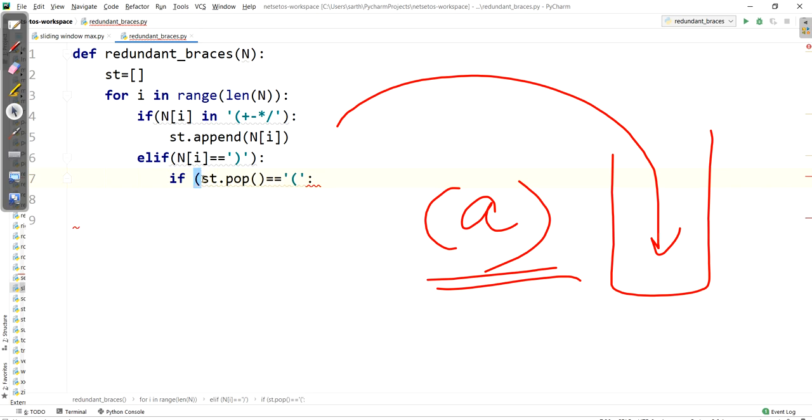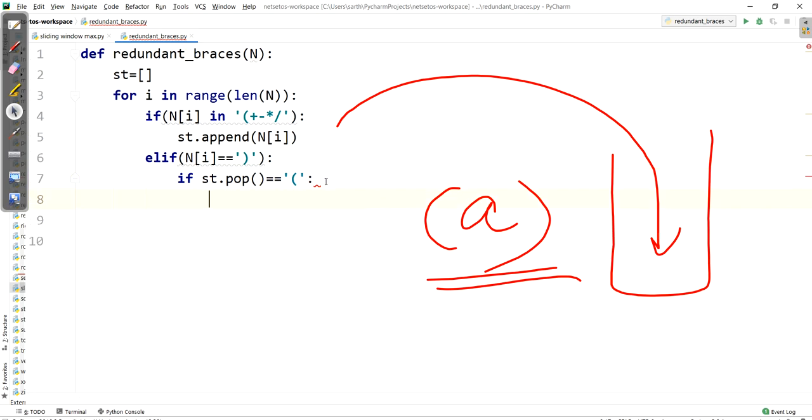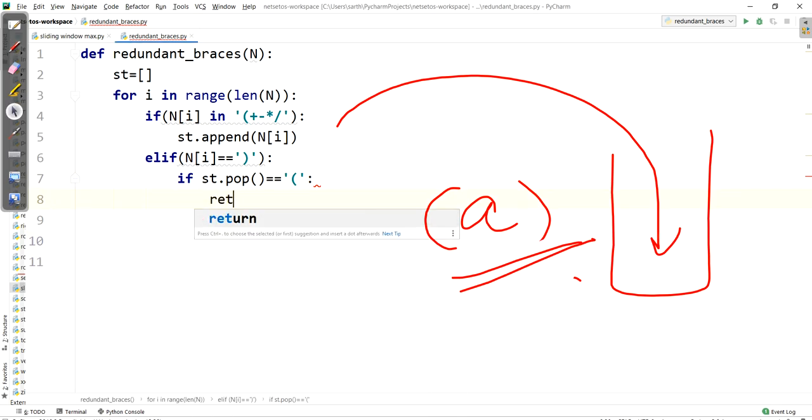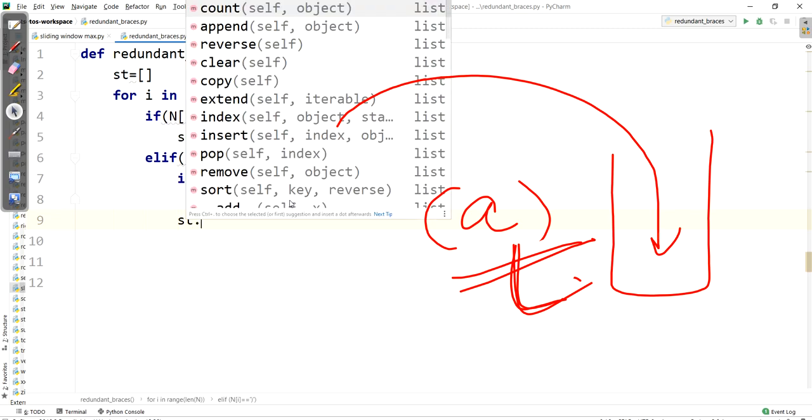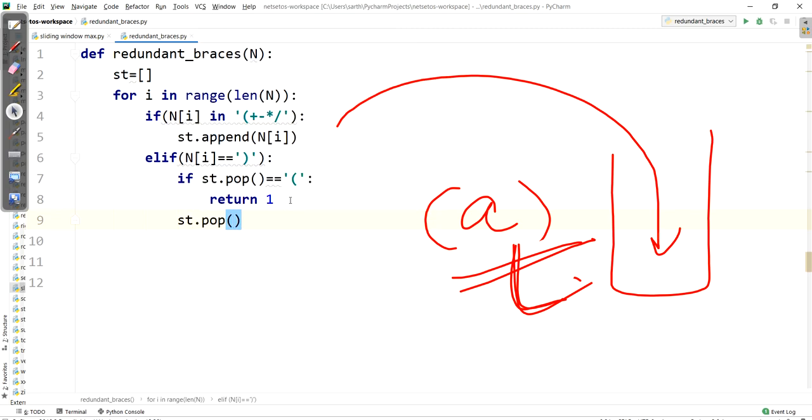I should remove this as Python 3 doesn't support it. It is a good practice not to put this if parenthesis, so I won't be putting this. If such a condition appears, it should return 1, because this is anyhow a redundant case. And after that, it should pop one more time. And if we don't get such cases, it should return 0.